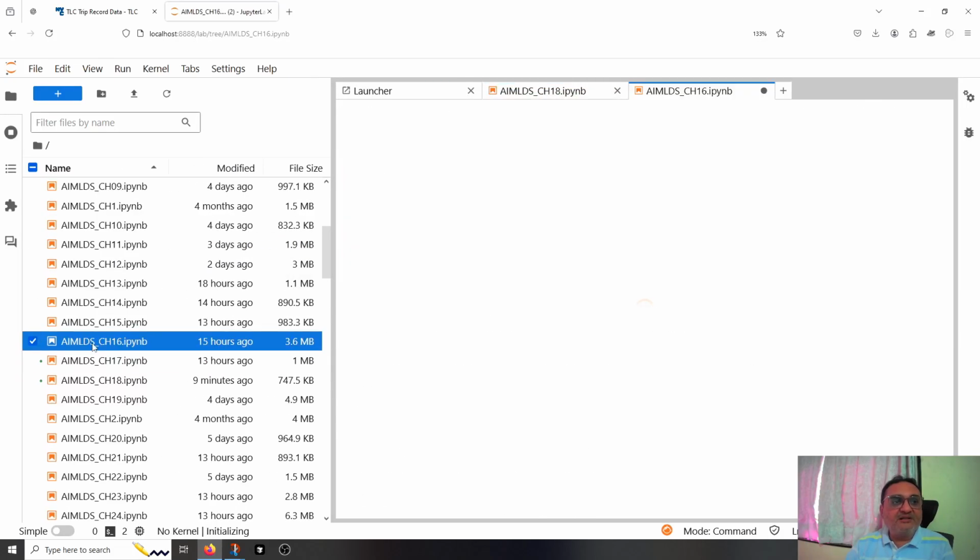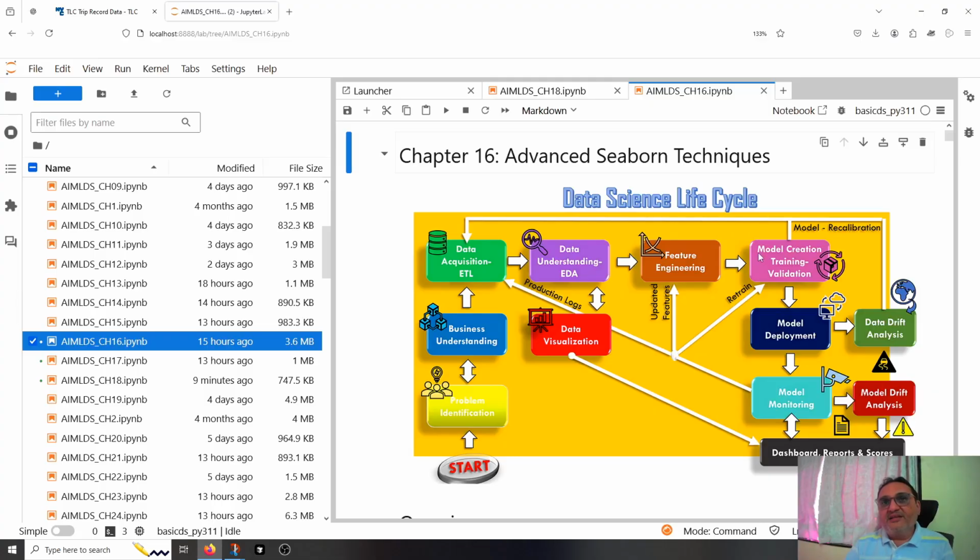For example, I am again opening the old chapter. Here, this model creation, training, validation. Suppose you have finished this stage. We have not yet learned it, but you have created a very nice predictive model, and now you have stored it. You want to store it on your laptop or on your PC, and then you want to deploy the app to the cloud. So at that time, that model file you have to upload to your cloud, right? Now that model file is normally in the form of